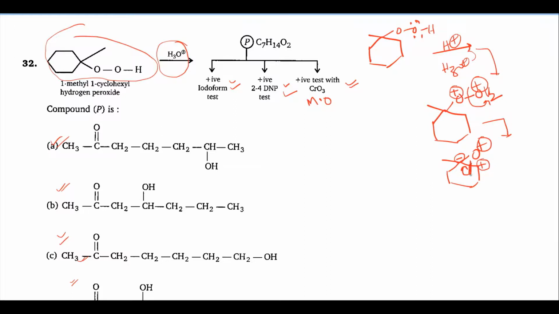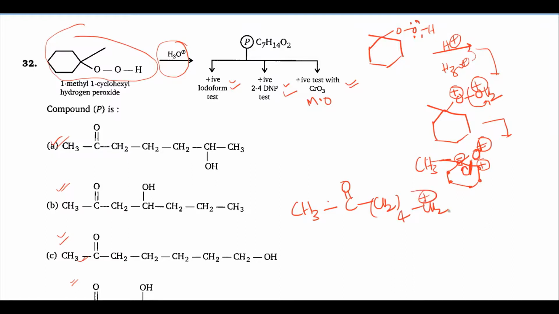Please observe. Why is this happening? Why is this bond breaking? Because oxygen is a highly electronegative atom. If it has any positive charge, it is unstable. So this bond is breaking. Now you write it like this. This is CH3, then C double bond O. After that, how many CH2s? 1, 2, 3, 4, 5. Okay, 5 CH2s: CH2 four times and CH2 plus.